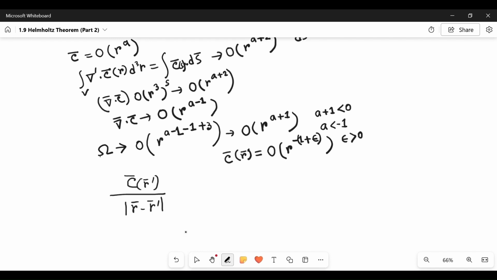Now in the third and fourth integrals, we have to evaluate this quantity at the surface. So it goes in order of r to the power minus 1 minus epsilon, then minus 1. So at order of